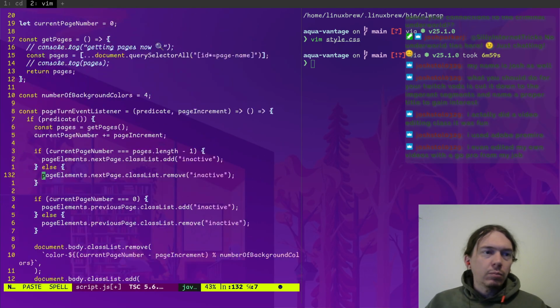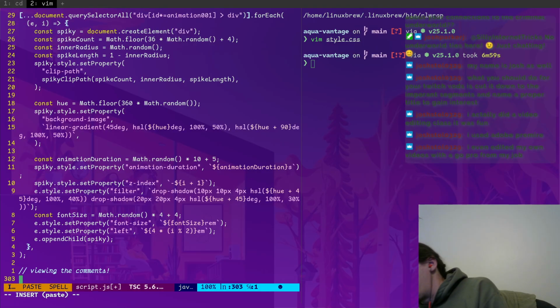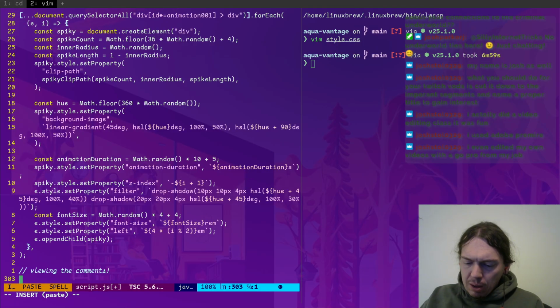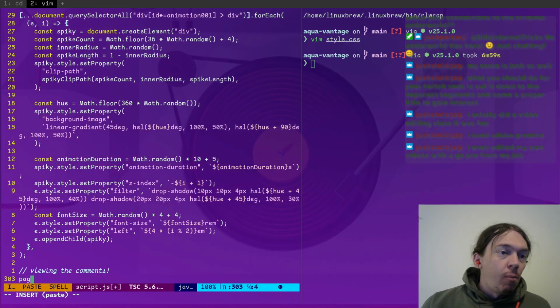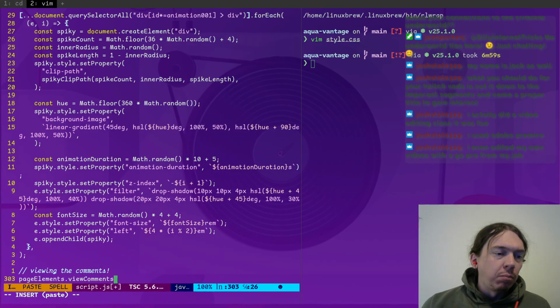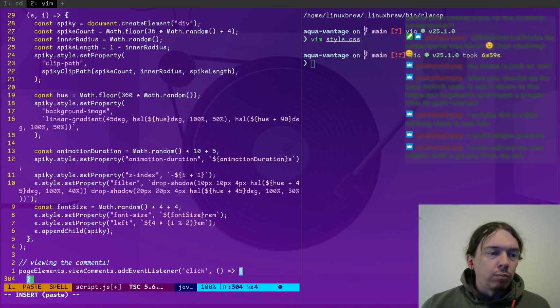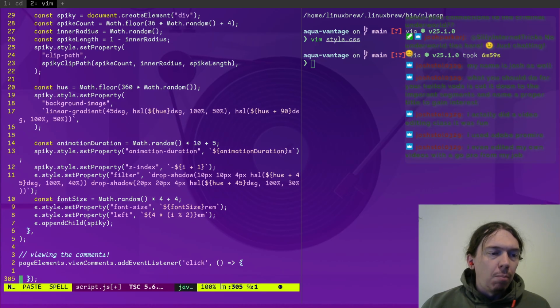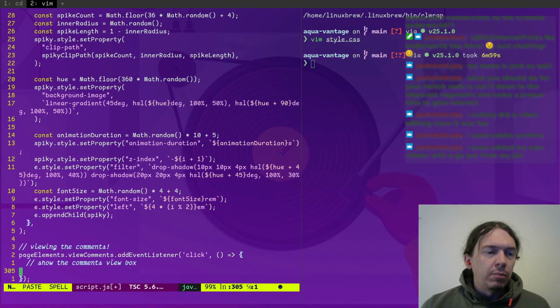Okay. And then I'm not going to add the translation for it just yet because I don't care as much about that. Show the comments view box right here. Cool.